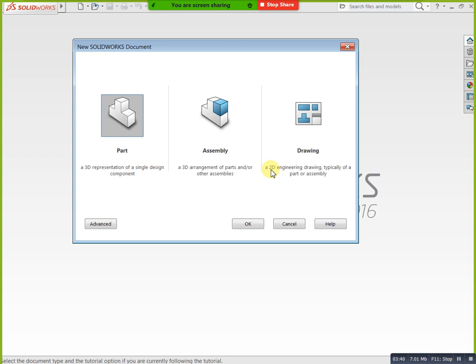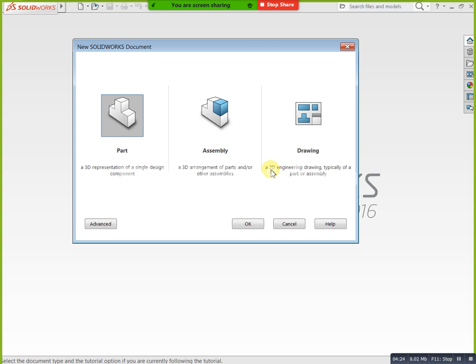When we need a single component, as a manufacturer I definitely need the single component design. Without single component design I can't manufacture. So we definitely need to prepare single component designs one by one first, and after that we go for our assembly. Why do we need an assembly drawing? Take the BOQ, bill of quantity. We have a number of components, and we need to assemble them, but we don't know the exact location or position. For knowing that location and position, we need this drawing.